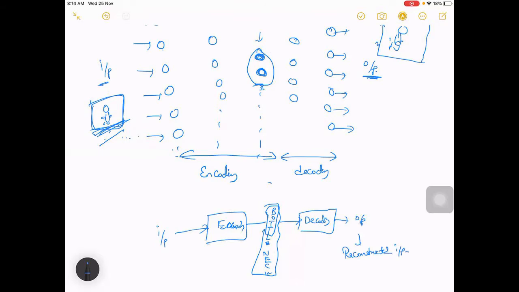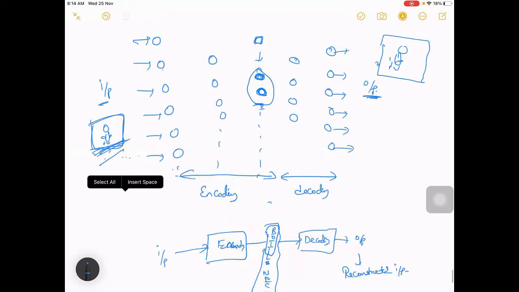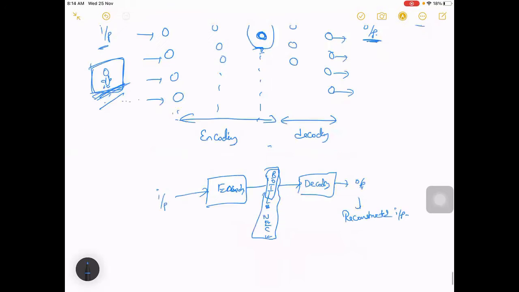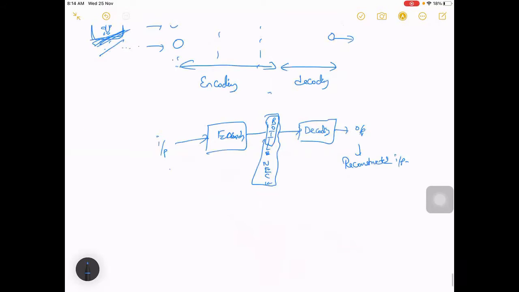So whatever image you give it, we are trying to get the same out of it by reducing dimension once and increasing dimension once. Then what we do is we compare these two and calculate loss. So loss can be something like input minus output. Let's say this is x, then you have y minus x.